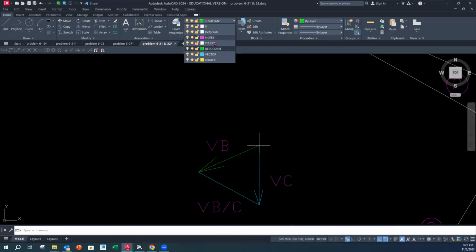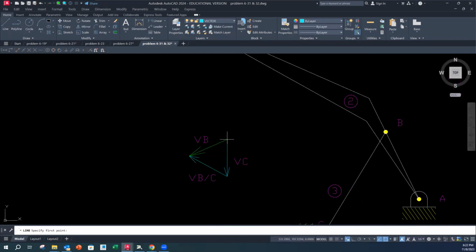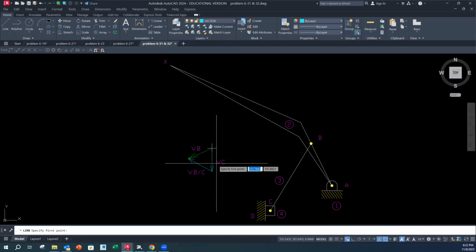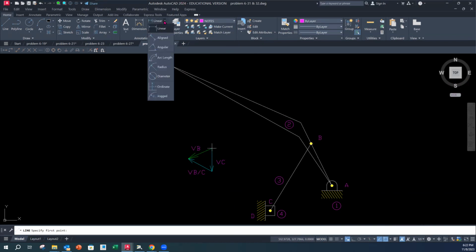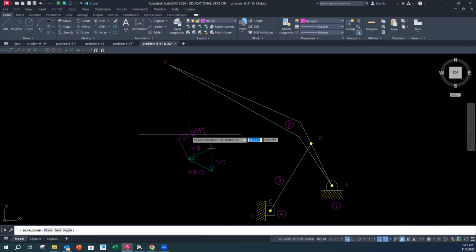And then my arrowheads for B relative to C, this is adding tip to tail. So the tail is going to be on the tip of C. And now I'm going to add the arrowheads for that one. There we go. Okay. So now the last thing to do is to add in the magnitude for VB, because I need that for solving for W2. So I'm going to do an aligned dimension because it's not horizontal or vertical. So endpoint to endpoint, and I get